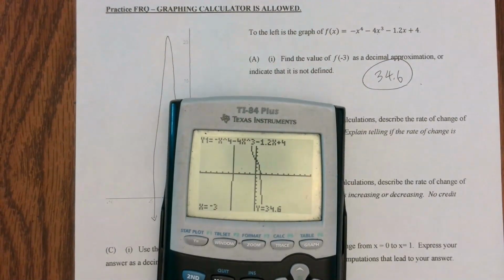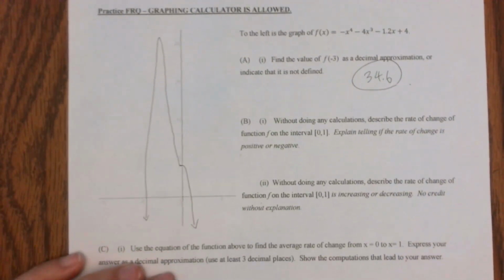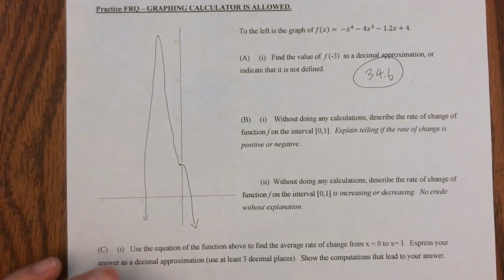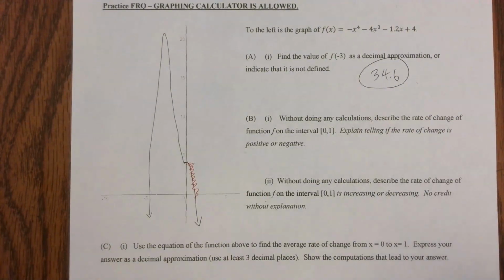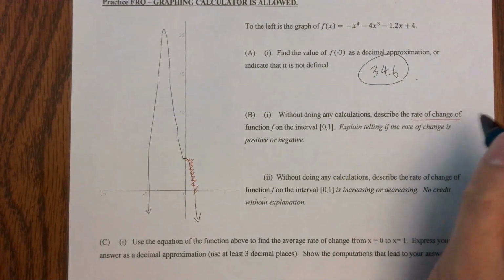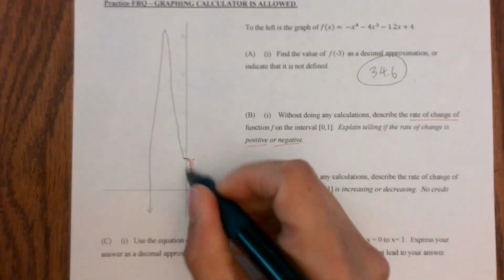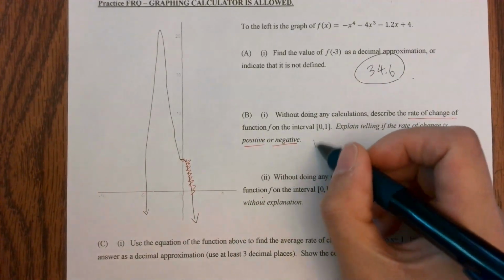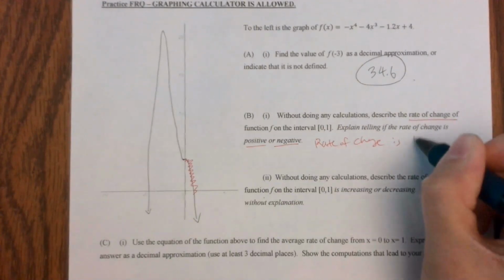You don't have to show your work, especially if you're using your calculator, same on the AP Precalc exam. Number 2, letter B. Without doing any calculation, we did the same thing in the bell work. What happened between 0 and 1? Tell me about the rate of change, whether it's positive or negative. Folks, is it going up or down? Going down. So I'm going to say the rate of change is negative